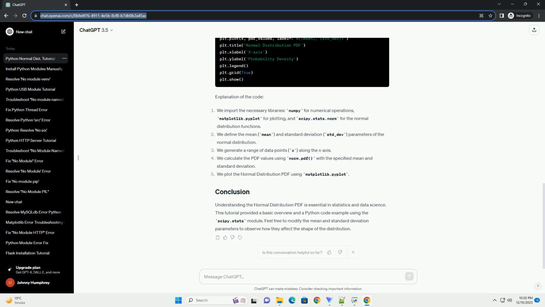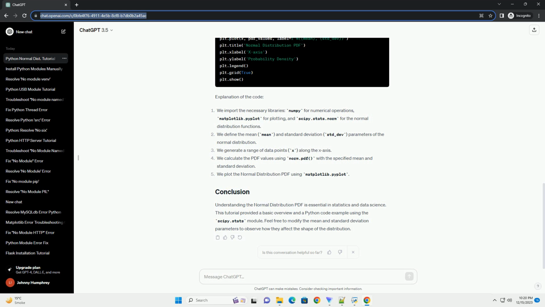Before we begin, make sure you have Python installed on your machine. You can download and install Python from python.org. Additionally, you'll need the scipy library, which you can install using pip. The PDF of the normal distribution is given by